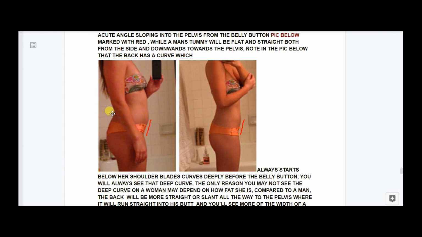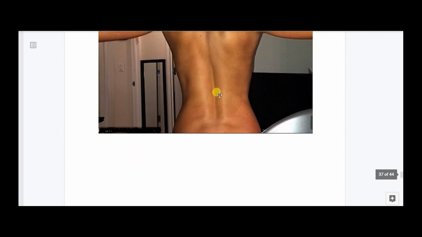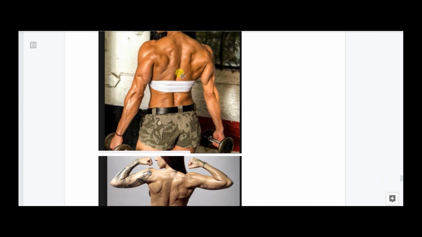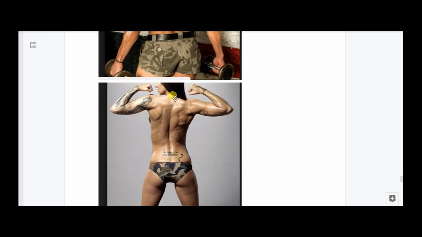Big female to the left, arch in the back. Small female to the right, arch in the back. It doesn't matter if she works out. There's still going to be an arch in the female's back. Here's two females right here, as you can see. They both have an arch in her back. All right? Now,